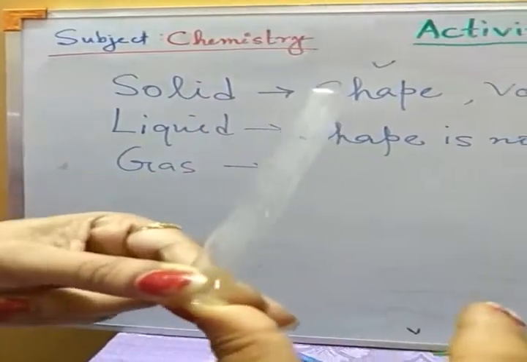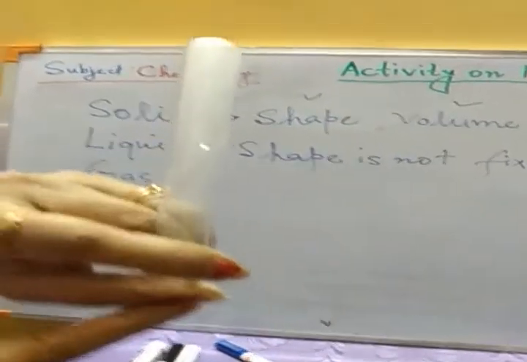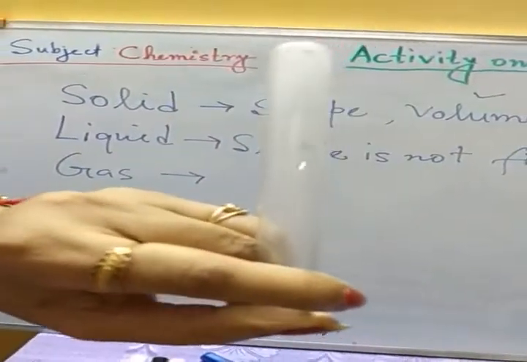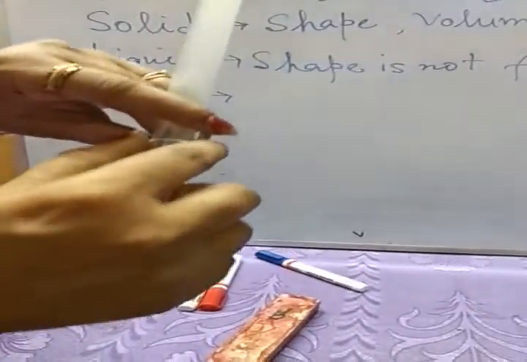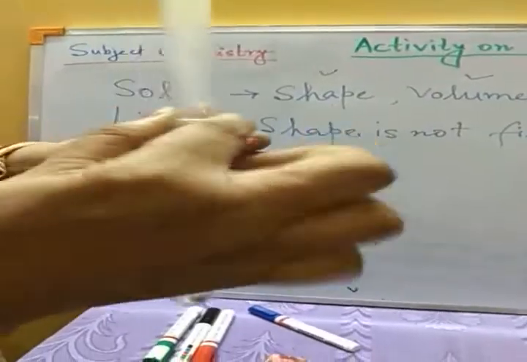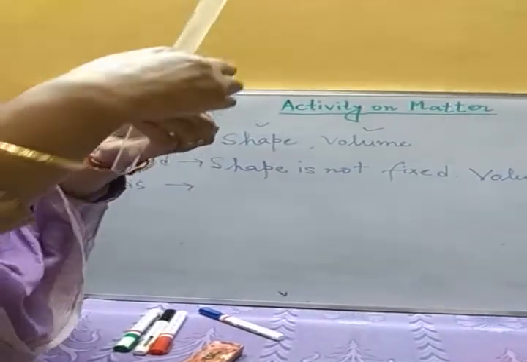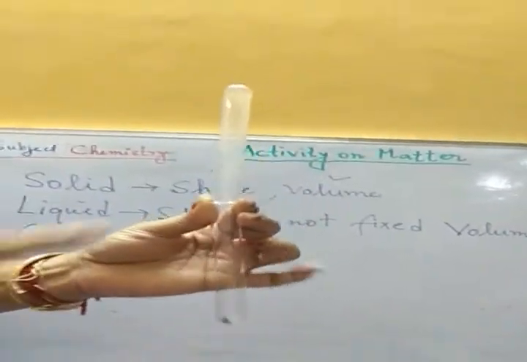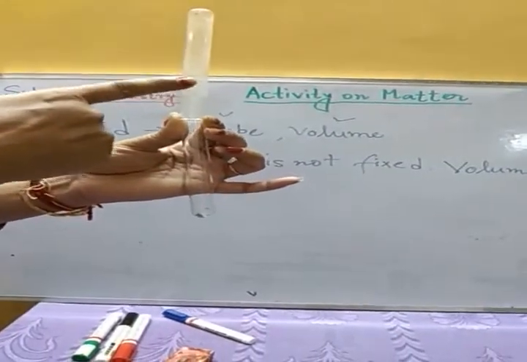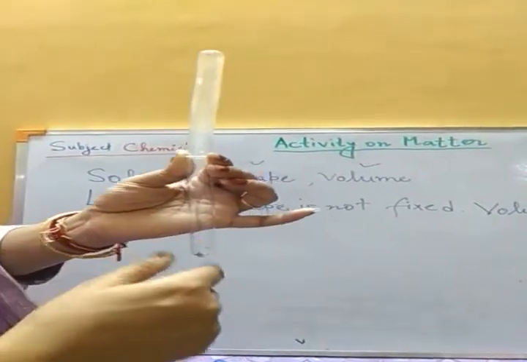Now we will take another test tube. This was our first test tube, and you can see the fumes inside this. Now we will use another test tube to make the volume double. See, another test tube we have taken. Can you see the two test tubes? This is the first test tube where the fume is trapped, and this is another, empty test tube.